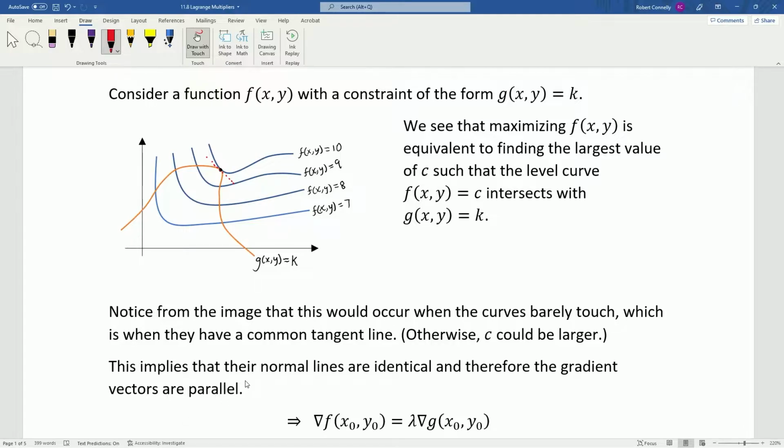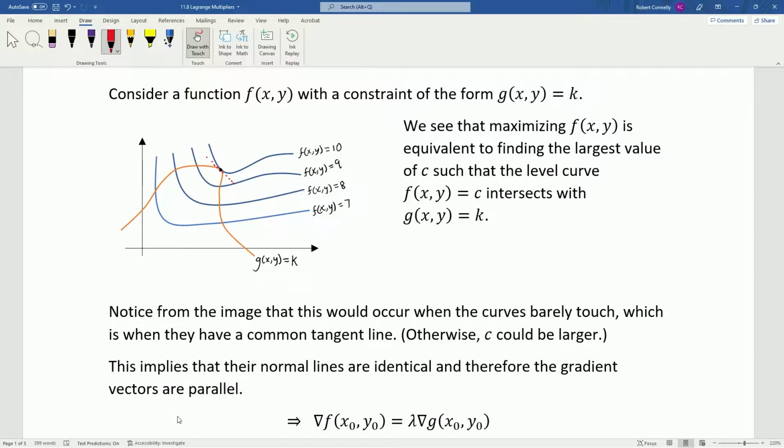Because the normal line is just a vector with direction, magnitude 1. And the gradient vector always goes in the direction of that normal line. Or I should say the normal vector, we can normalize that. So the normal line is the line passing through the normal vector. And the gradient vectors might have different sizes, but they're going to point in that same direction as the normal